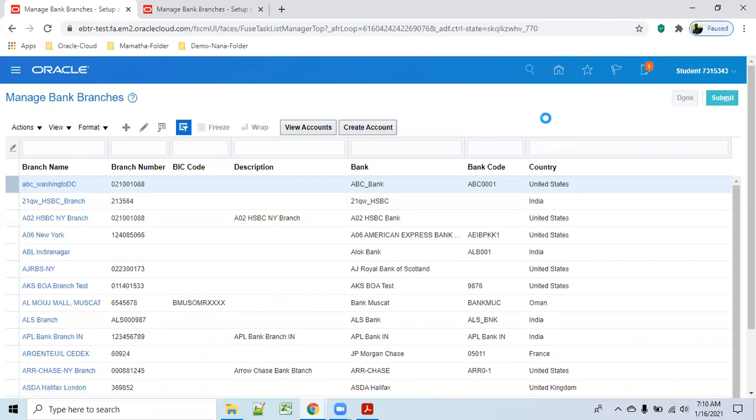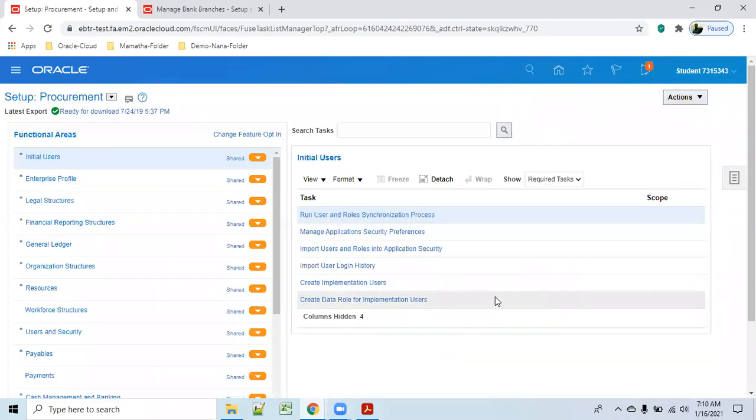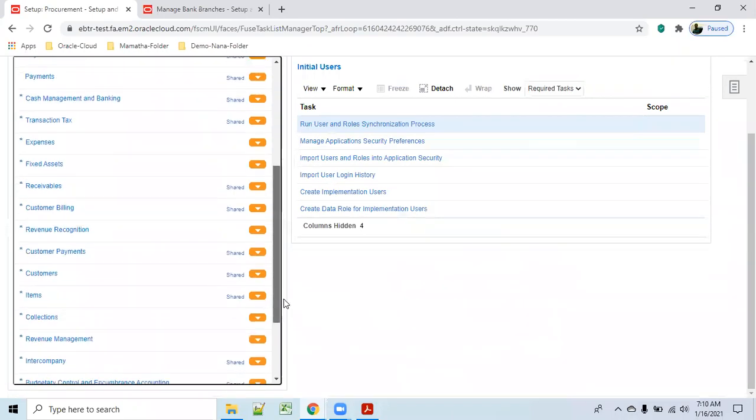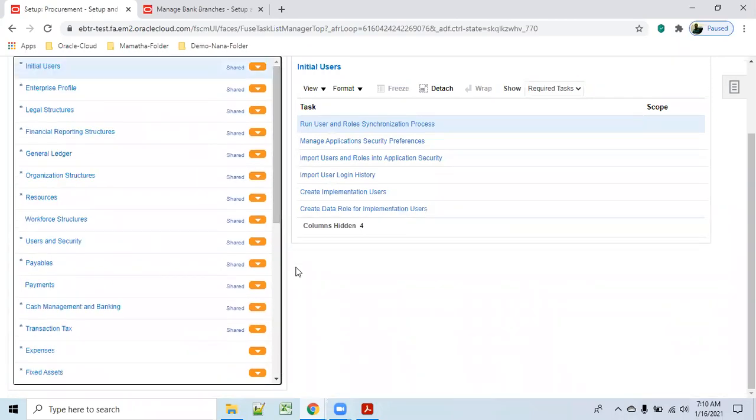After that we will end up. So we have done bank, branch, and then invoice options, payment options. Now we are creating the account under the bank or branch. So we have to go for that.